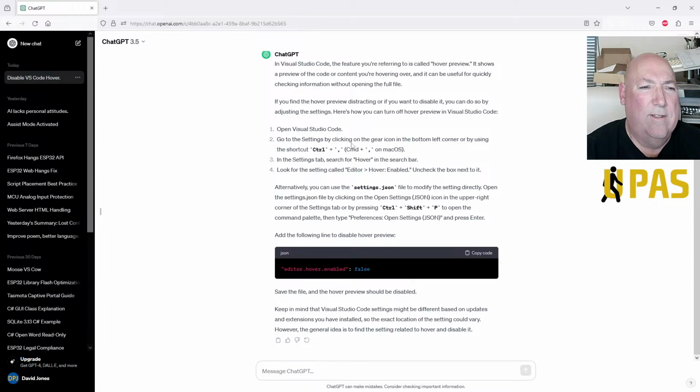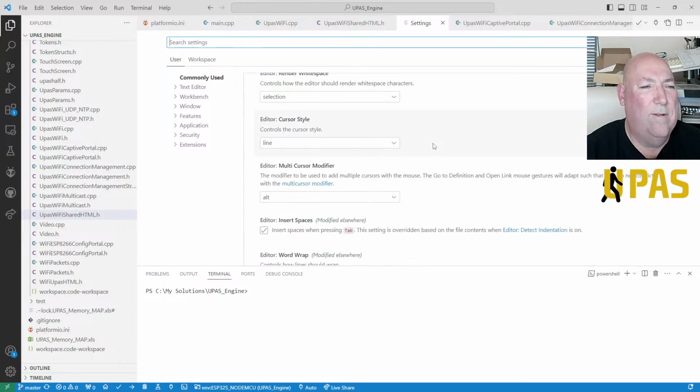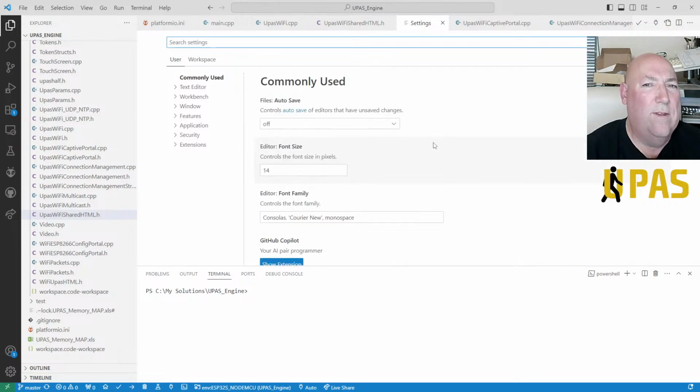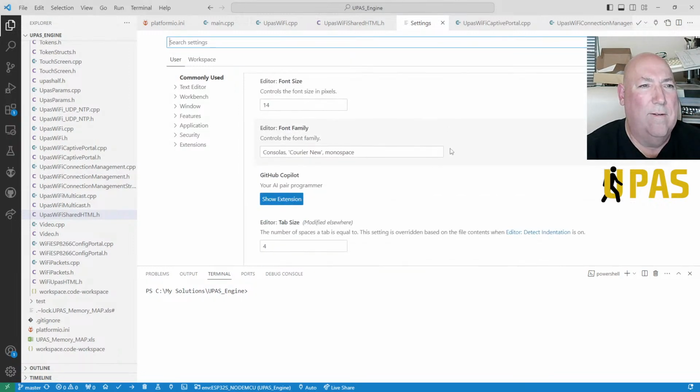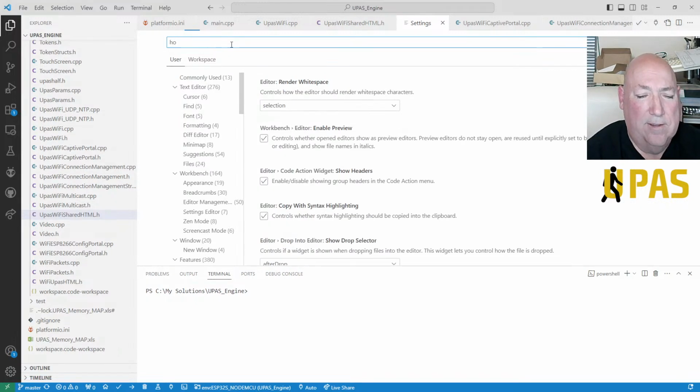Open the settings by clicking on the gear icon at the bottom left corner of the screen. Right, I'll try it. Oh, this great big thing here. Settings. Right, now what? All I want to do is stop that stupid thing coming up. Hover, where's hover? Search for hover.